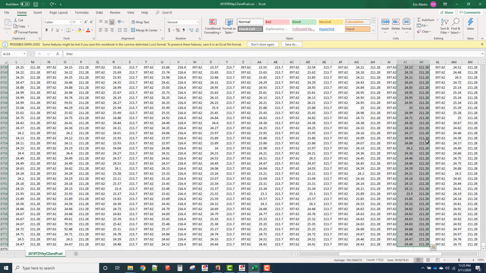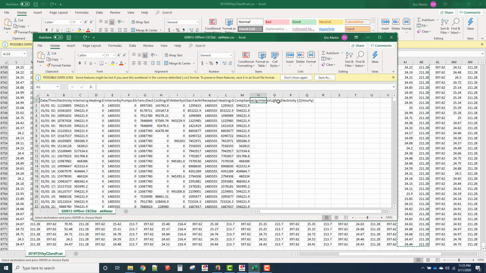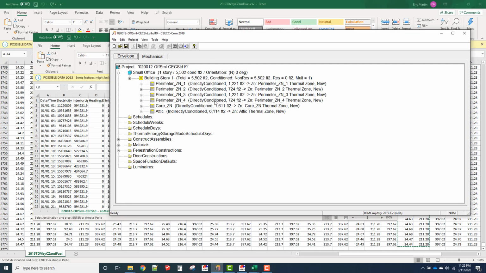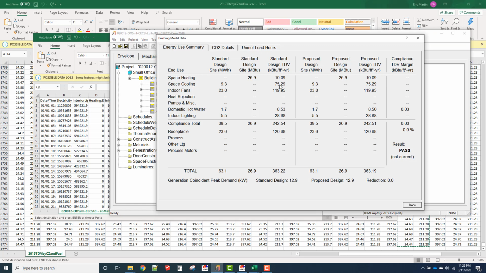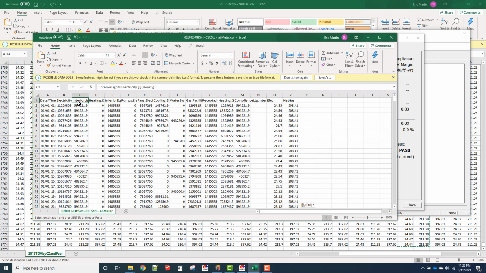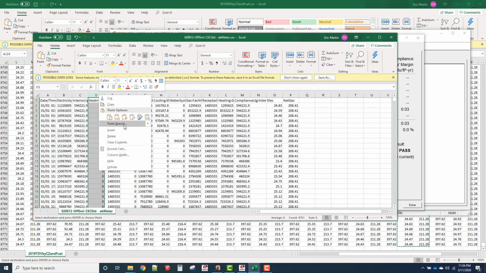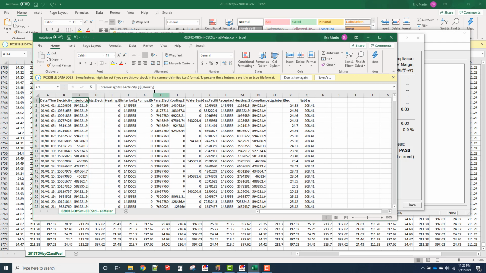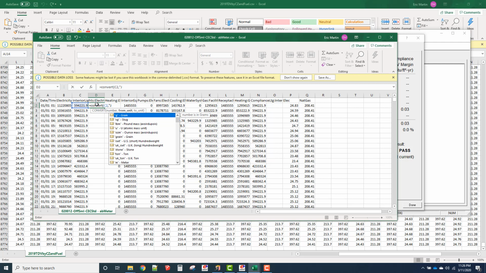So if we copy these two rows and paste them in our meter output file, we can use these to calculate our TDV per square foot and check it against this energy use summary tab in CBECCOM. So we can just spot check a couple end uses like interior lights. The first thing you'll have to do is convert this because right now it's in joules, and these TDV factors for electricity are in kilo-TDV per kilowatt hour. So if we just use the convert function in Excel, we can convert that from joules to kWh,